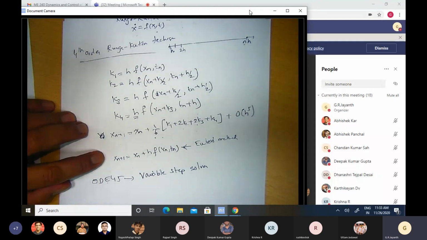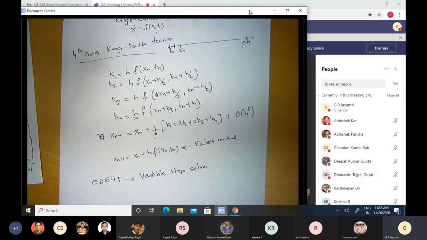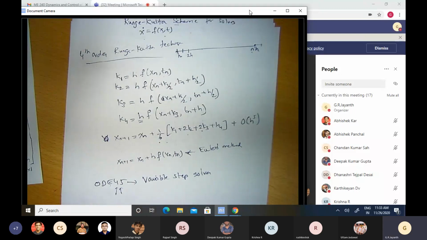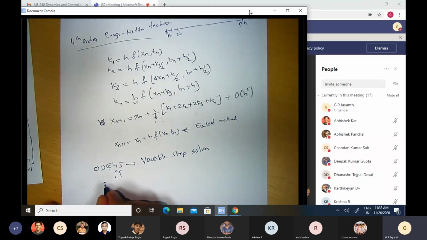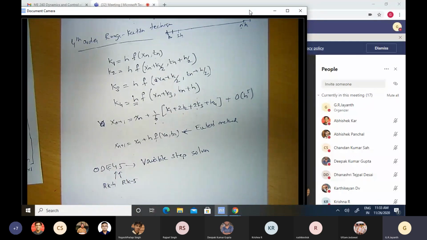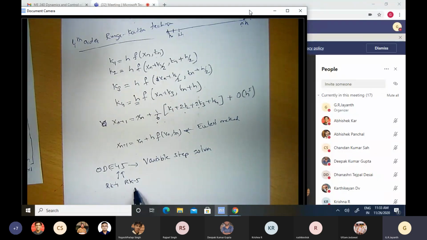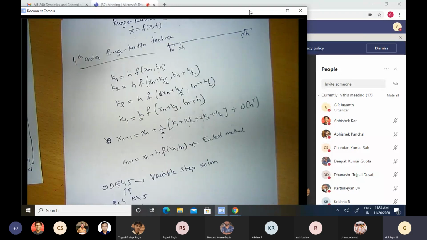As I said, with the Runge-Kutta technique, the higher the order of the technique, the more accurate the solution will be. So what this ODE 45 solver does, this 4, 5 have special meanings. The 4 here refers to Runge-Kutta 4. So the solver obtains the solution using the fourth order Runge-Kutta technique. It also obtains a solution using the fifth order Runge-Kutta technique. Both are obtained. Okay. Now, if the time step is adequately small, then the solution that you obtain using RK5 will very nearly be the same as the solution that you obtain using RK4, if the time step is sufficiently small.